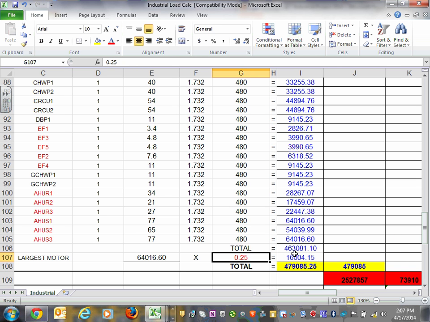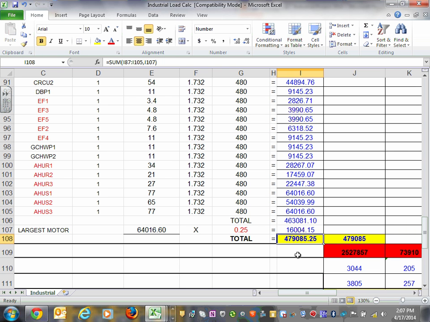So then you add them all up, all these motor loads, they call them motor loads, and this will get you close to the 480 volt amp allocated for your motor loads. All the exhaust fans, the pumps,